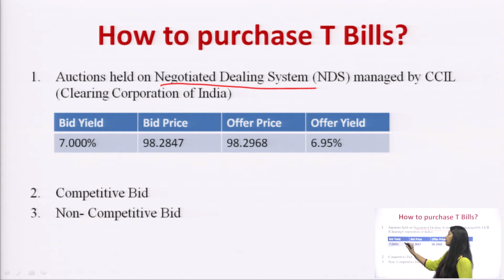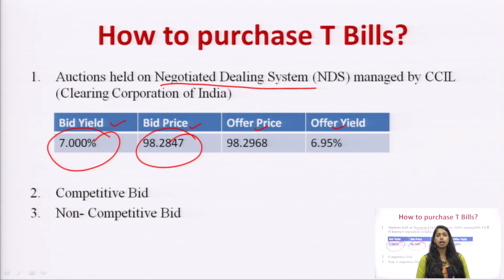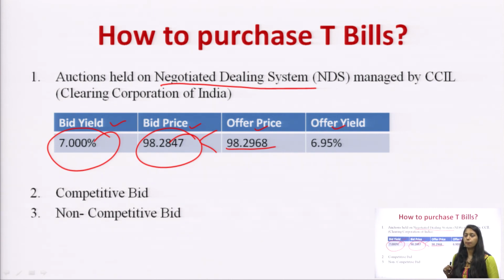So, let us take an example. You have bid yield, bid price, offer price, and offer yield. The bid was at 7%, and for this the price was 98.2847. However, the offer price is 98.2968. The person offering a price over here stands for the government. The government is selling the T-bills at 98.2968. However, an individual or anybody who is interested in buying those T-bills is bidding a price of 98.2847. This is the amount which they are ready to pay. This amount is less than what is being asked for, and since this amount is less than what is being asked for,